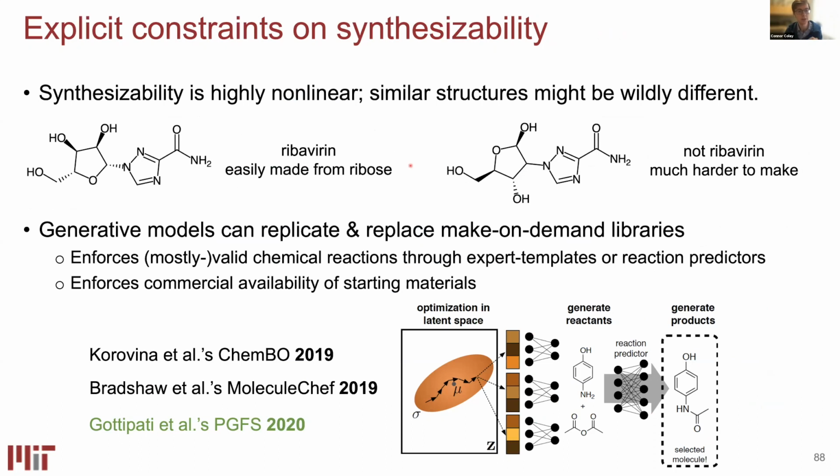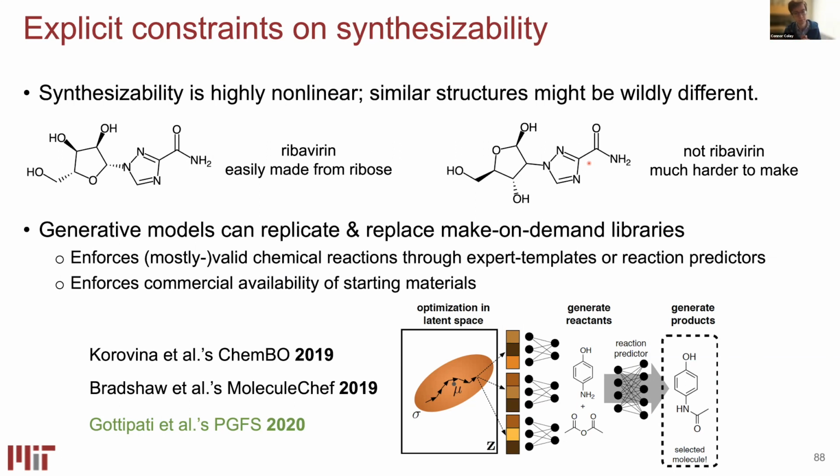We can look at these top ones. It's like ribavirin on the left. You make it in one step, super cheap, super easy. The molecule on the right is not ribavirin. It only differs in the position of that substitution. But because of that, it takes many, many more steps to reach this molecule. I don't think it's even reported in Reaxys or SciFinder. So these heuristics like the SC score or the SA score can't really tell these apart meaningfully. And so I think there's not much of a substitute for a proper synthesis planning oracle that does the explicit